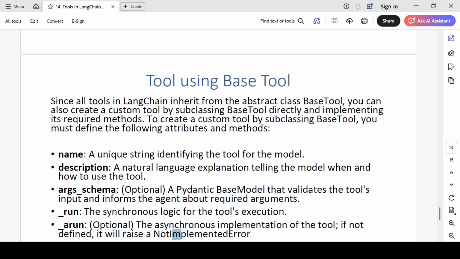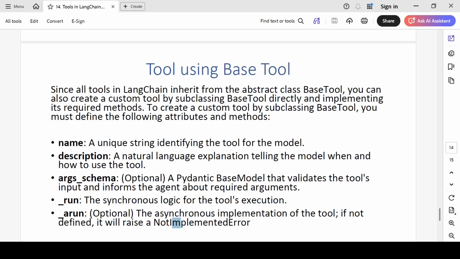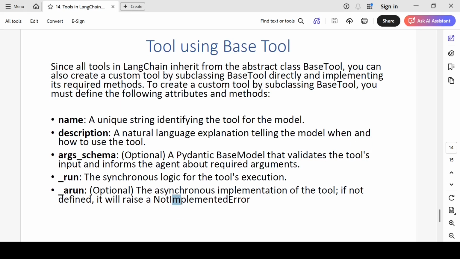Now let's go to the other way of creating a tool, which is by using the BaseTool class. All tools in LangChain actually inherit from the abstract class BaseTool. So if you want to create a custom tool, you can do the same and inherit from the BaseTool class. When you are subclassing BaseTool, your class should have the following attributes and methods.